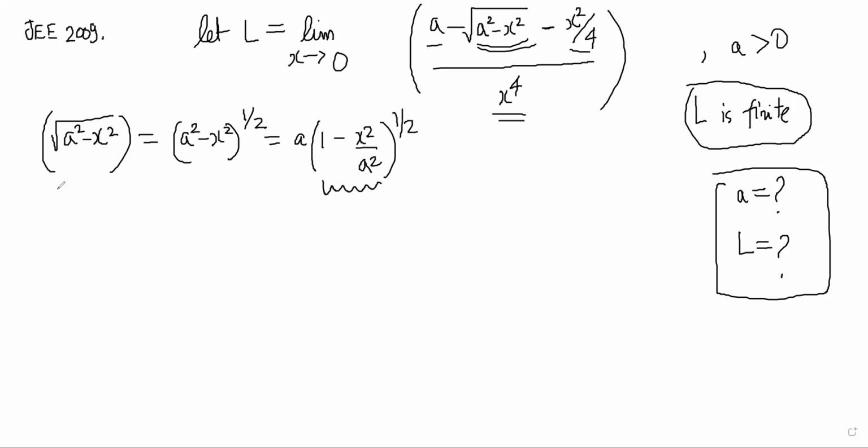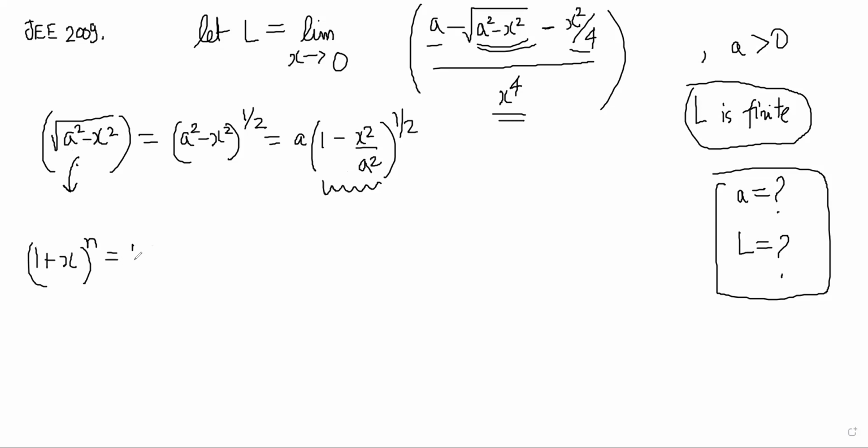You can do the Taylor series also, by the way. But don't do Taylor series, because Taylor series will also involve the same derivatives. You understand? In Taylor series, to get the terms, you need derivatives. So the reason we are doing this method is because we want to avoid taking derivatives of this. Otherwise, if we had easy derivatives, you would have done L'Hospital only. So don't do Taylor series, do binomial theorem.